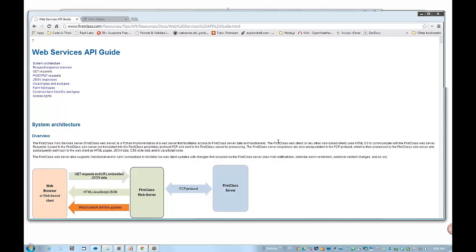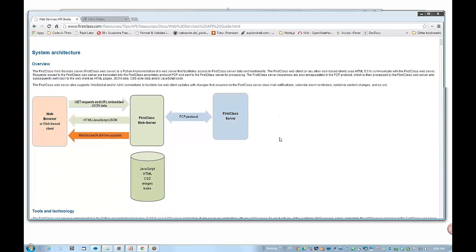Just a little bit about the architecture of how Web Services works so that you understand. Web Services is basically a Python interpreter for FirstClass protocol. When you submit requests from your web browser or from some other client to get information from the FirstClass server, you're making GET or POST requests to the FirstClass web services, which translates them into FirstClass protocol requests to the FirstClass server. The FirstClass server then responds, and the web services gives a response back to you as a JSON response,